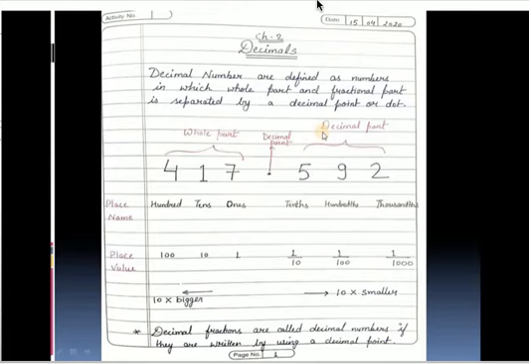Okay, so how do we write decimal numbers in expanded form? So first of all, we should know the place values and place names of decimal numbers. Here you can see this is a decimal point. Okay, this portion is the whole part and this portion is the decimal part. So the whole part place names are the same that we have studied till now in whole numbers. This one is ones, this one is tens, hundreds, thousands, ten thousands, and so on. But how do we give names to